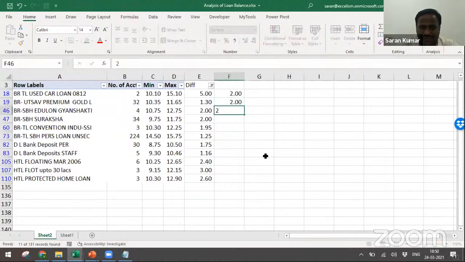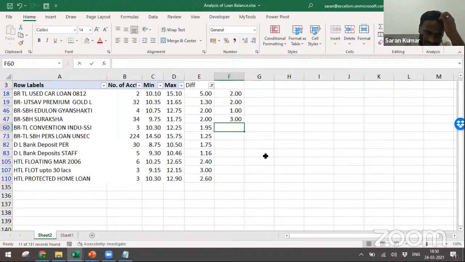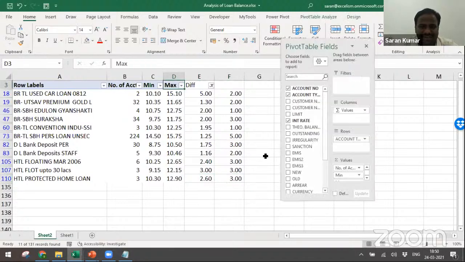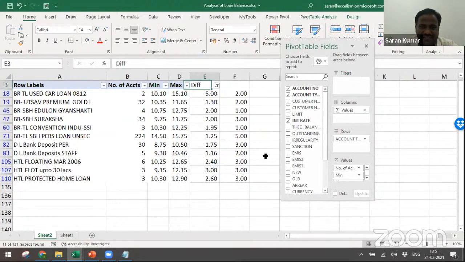In this case, two accounts. Sorry, in this case, one account. Maybe in this case, 5 accounts, 3 accounts. So in this case, one. In this case, almost the same. So 3 to 5 you can take because more number of accounts are there. 3 are there, 2 are there. In this case, take 3 accounts because 2.4 is the difference. In this case, take all three. Okay, so this is the way you can verify the interest rate.